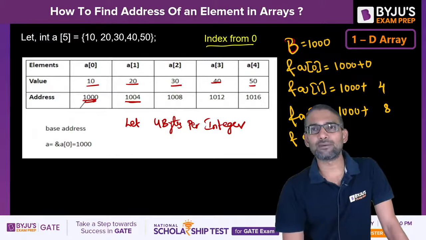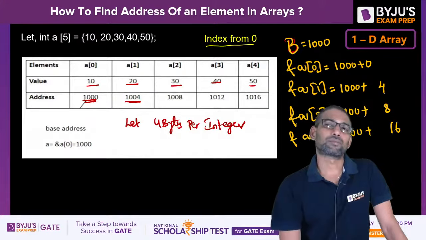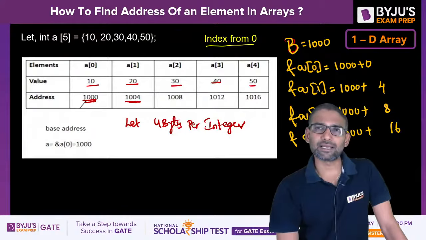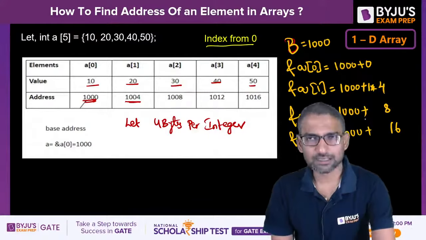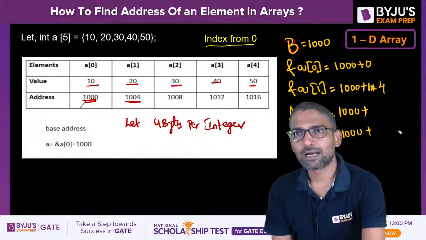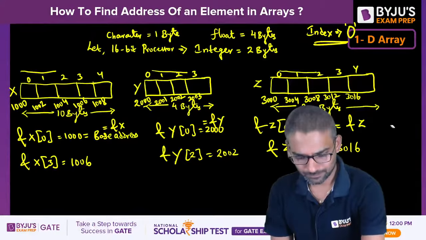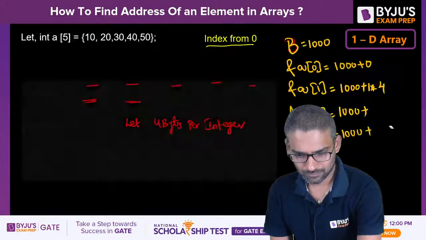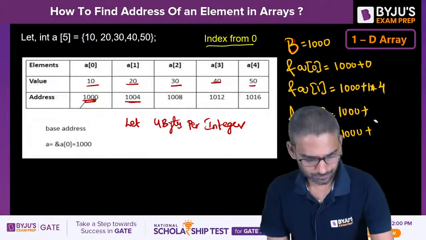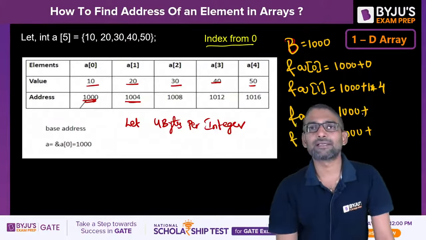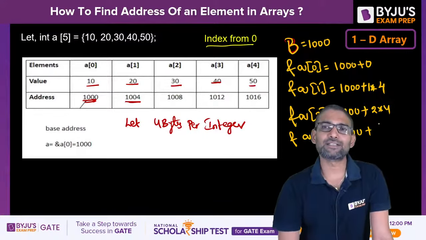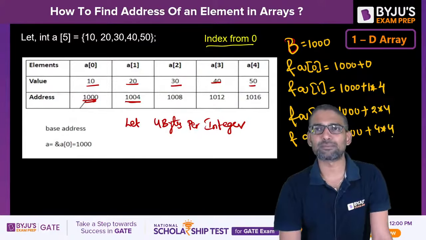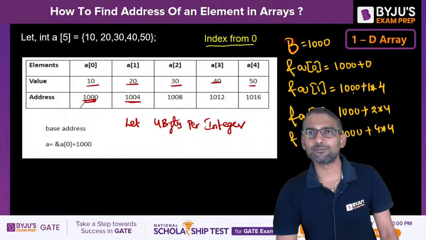Similarly, the fourth element address and the base address differ by 16. That means I can write this 4 as 1 into 4, and instead of 8, I can write it as 2 multiplied by 4. Similarly, instead of 16, can I write it as 4 multiplied by 4? So please observe, 1000